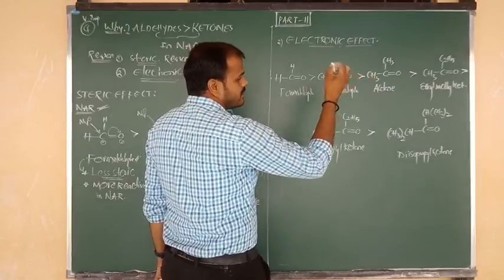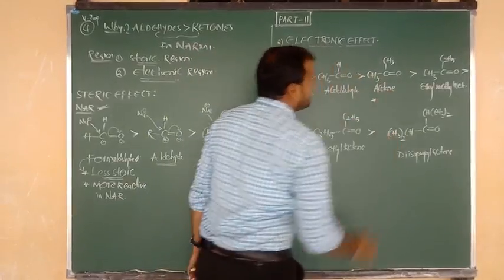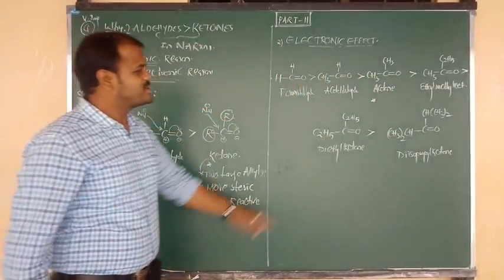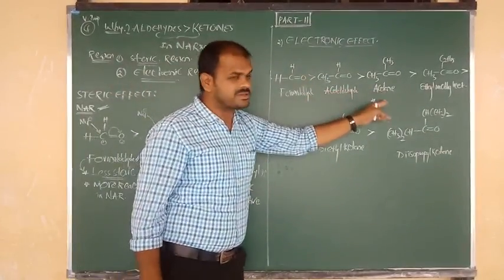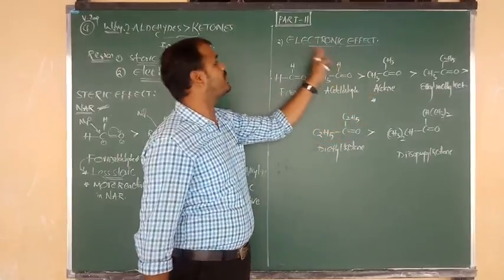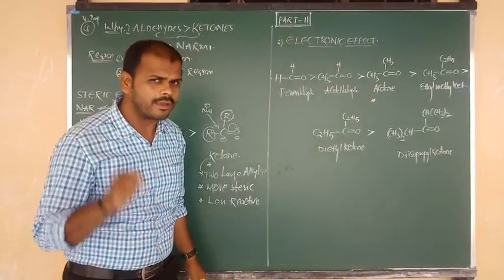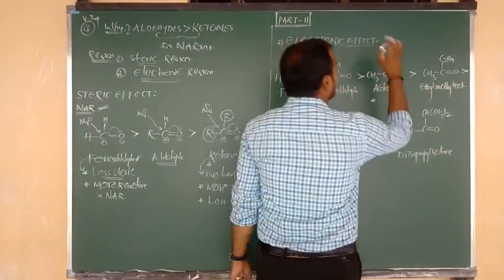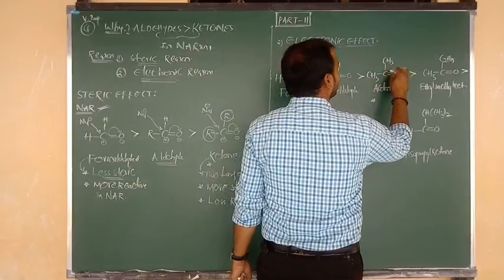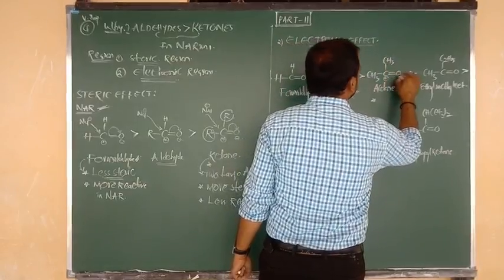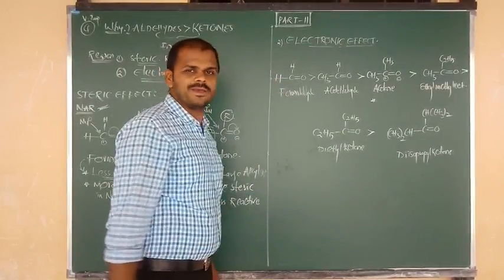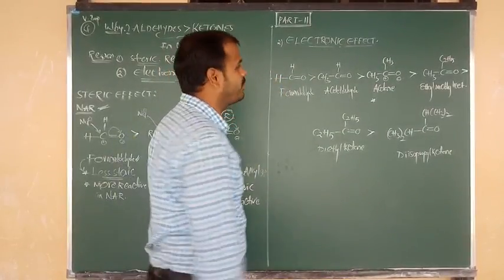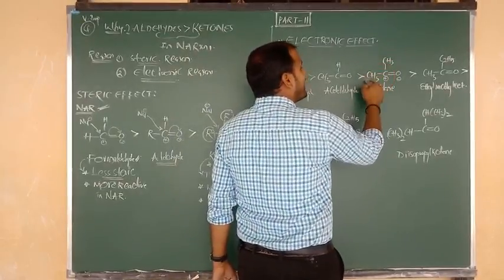First suppose this example, because that is an example of ketone. So ketones are less reactive, aldehydes are more reactive. Aldehydes are more reactive, ketones are less reactive. Why are ketones less reactive? Due to electronic effect. Okay, listen. Around the carbonyl carbon, carbon contains the positive charge, oxygen contains the negative charge, because the pi bond will shift towards the oxygen. Okay? Good. But around the carbon, how many alkyl groups are there?